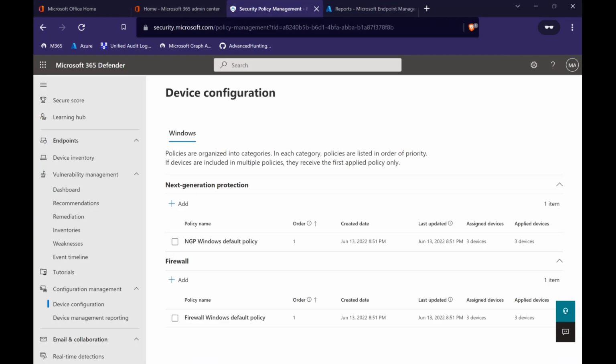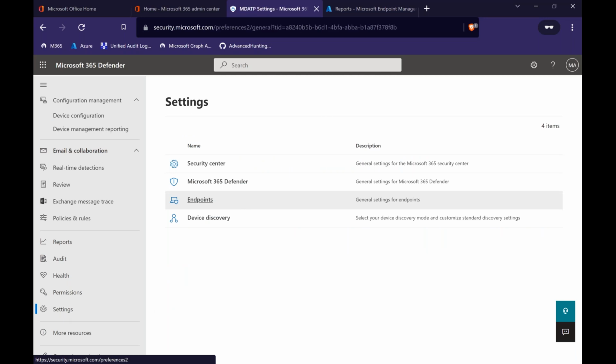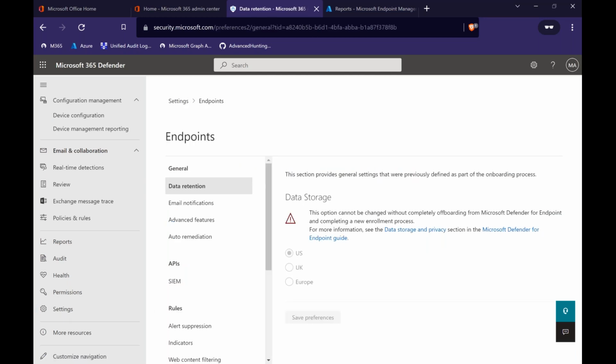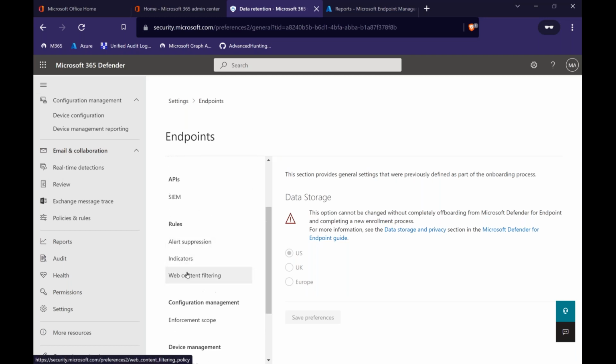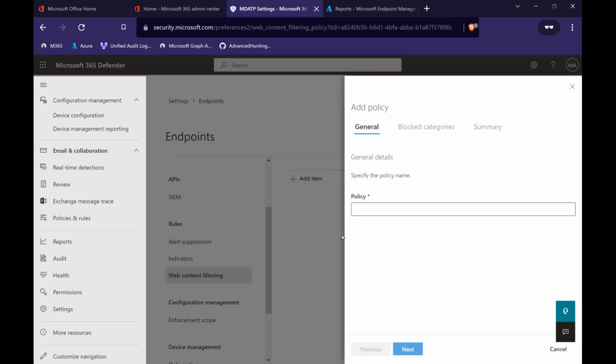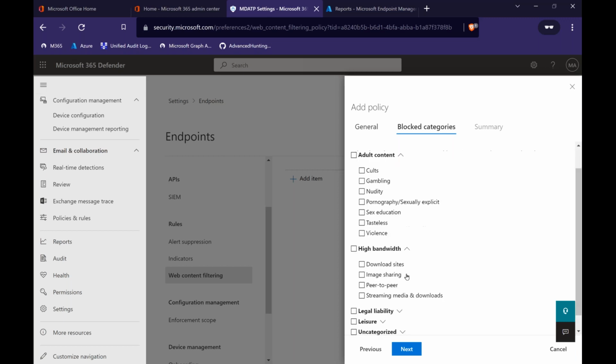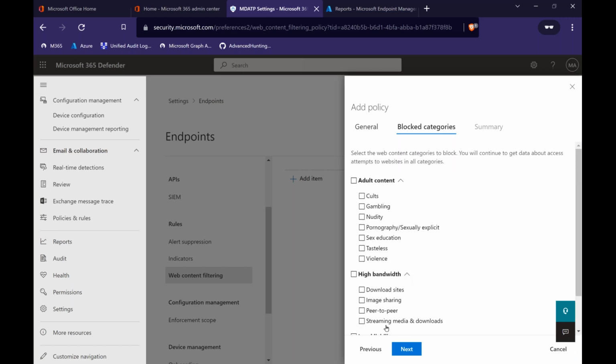All right. So the other thing I wanted to show you just before we drop back to the slides is, again, go into settings here, go into endpoints, and what we get here is the capability down here to set up web content filtering. So this is where we could go in and create a policy. All right, so let me just go in here and create a quick demo policy. So you'll see here I can choose to block certain content types. Again, there's no information on what these actually are. Again, that would allow people to work around it, but I can go in and select those and then apply